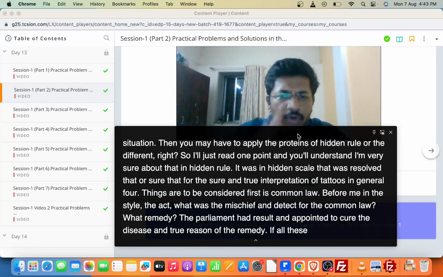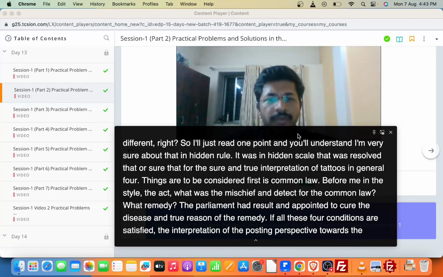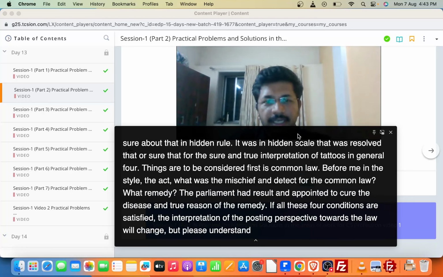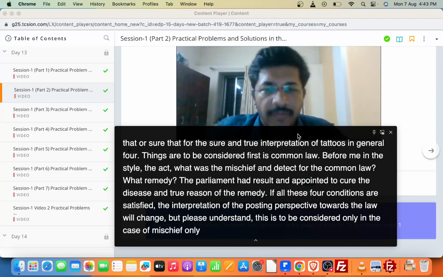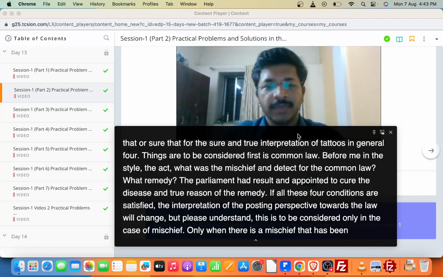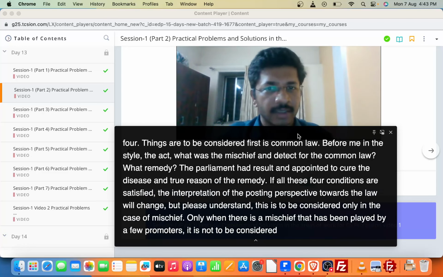If all these four conditions are satisfied, the interpretation of the perspective towards the law will change. But please understand, this is to be considered only in the case of mischief. Only when there is a mischief that is being played by few promoters. It is not to be considered in all the